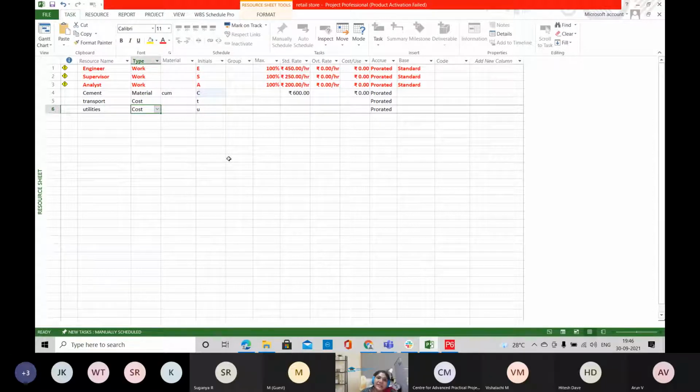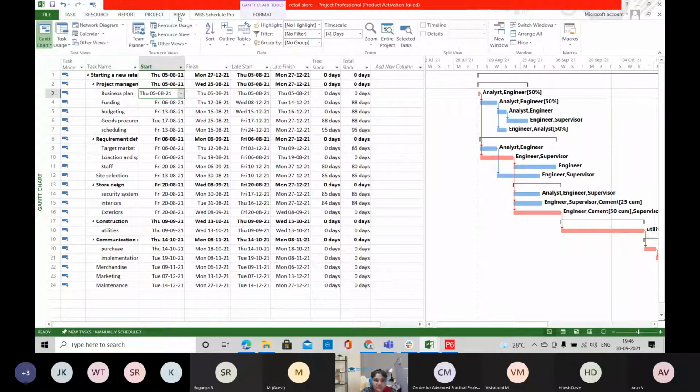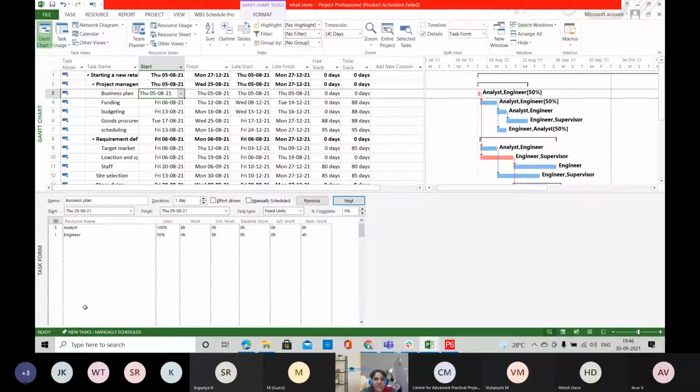And then you'll be assigning these resources to your project tasks. So you'll be going to the Gantt chart. You have to select each and every activity. You can include this task details form. For each and every task, you can select which resources are going to do the activity. Here you will have the budgeted work, how much work it is going to take in your project.